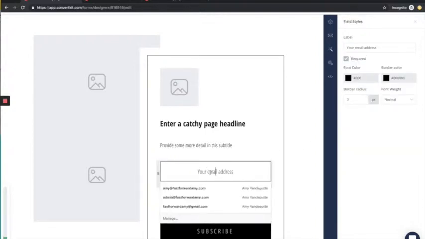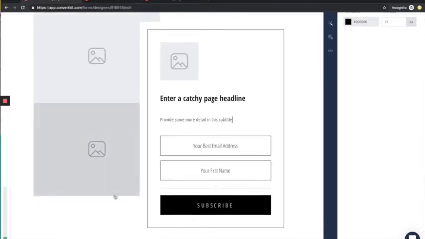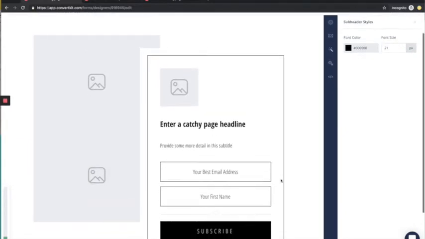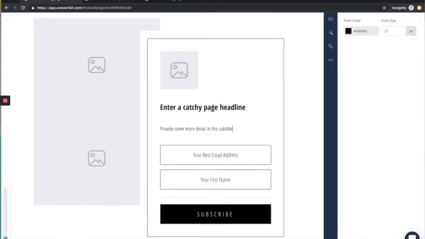Little trick I use for gathering email addresses, I would say your best email address. Let's stay consistent here. Okay, now it's clear to see that you can add images here. Now, on top of that, you want to make sure when you're creating a landing page that the landing page